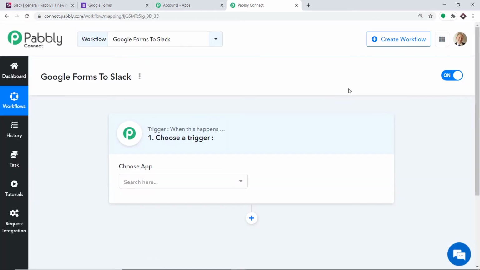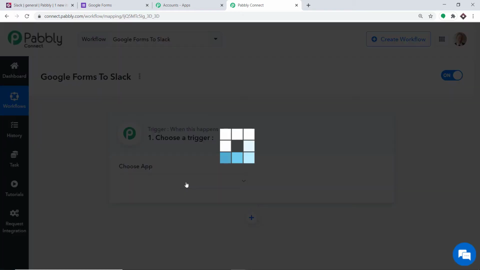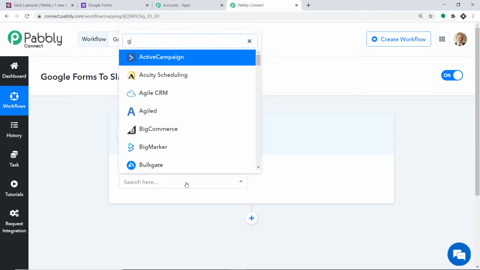Okay, so when you click on create, a window appears in front of you. This is called the trigger window. So here we are going to build a new workflow. After I have created this workflow, I will attach the link of this workflow in the description box as well. So just in case you want to access this workflow, you can directly clone it into your account by signing up for free. So this is the trigger window, and in the choose app, how about we make it Google Forms. Okay, this one.